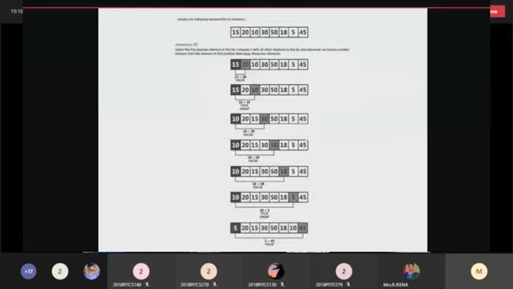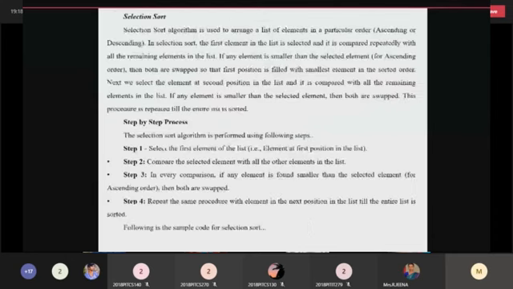Okay, selection sort. Selection sort is mainly used to sort the elements. Selection sort is also very simple. It is an internal sorting technique. When the list is very small, you can take selection sort also. Here the first position will be compared with all the next positions. The first position is taken, the next is compared, then the next is compared. Whichever is the least element will be swapped with the first index, the zeroth index. Next you take the next index for comparison, and it will be compared with all the next elements.